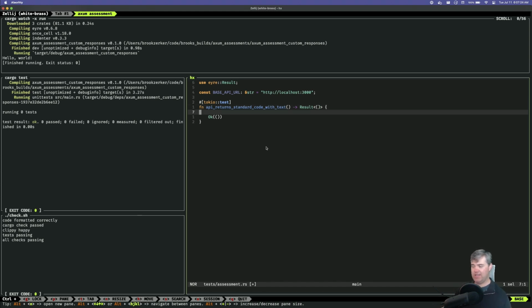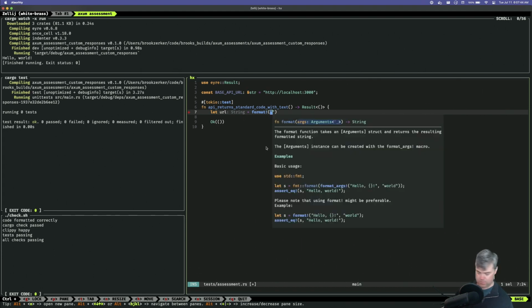I just probably want like standard with text, so that'll be the route we go to, standard with text.